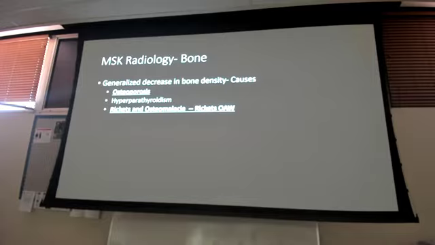Go for it. Osteoporosis, it also causes an increase in generalized decrease? So osteoporosis is strictly going to be a generalized decrease in bone density. What happens with osteoporosis, and we'll talk about it more next time, is because of the decrease of bone density, it makes the cortex look like it's increased, but it's really just because of the relationship of something. It's like if you put two colors next to each other, it looks one way, and then when I set it next to another color, it looks kind of different. It's just more in relationship to it. We can talk more about it. Yes, that's okay. Petrosis increase, hardening, porosis we'll talk about tomorrow, decrease because the trabecular bone pattern